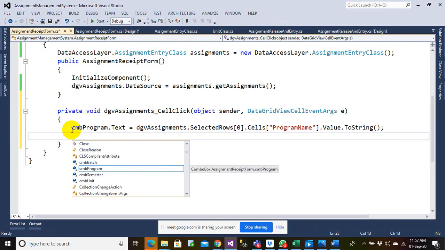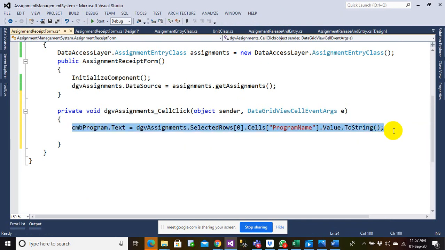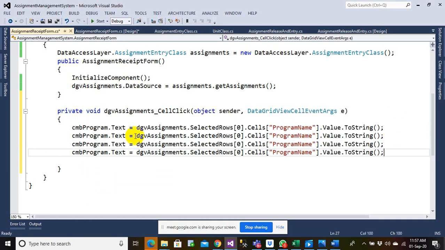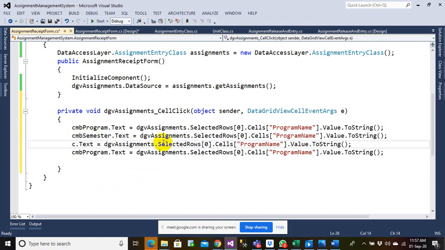Let me copy this. Semester, batch and unit. Semester, batch and unit.